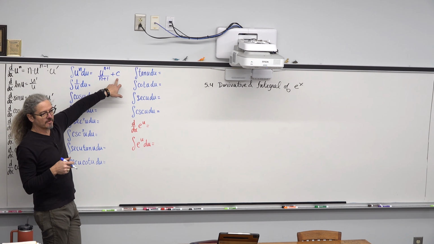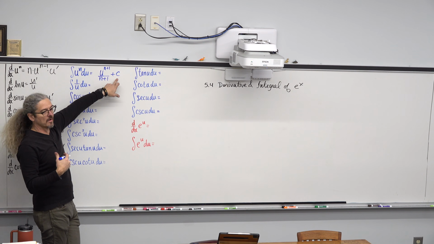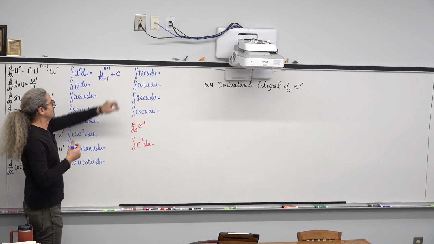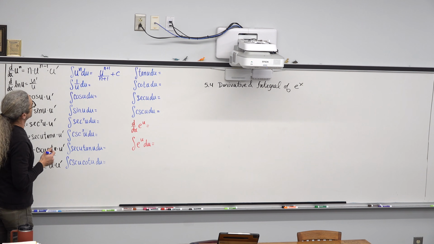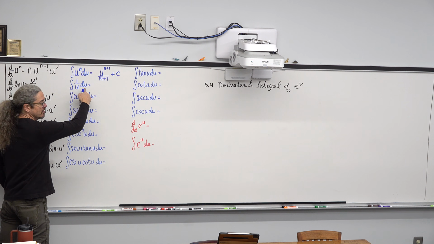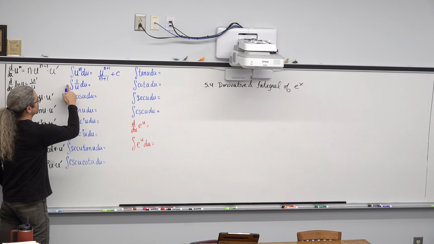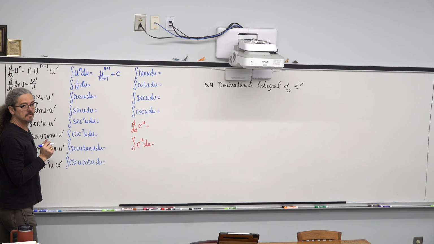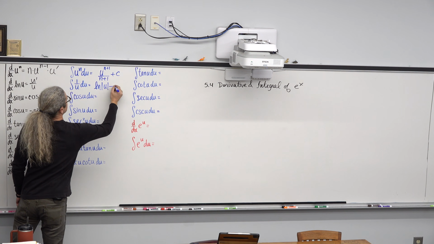When you take the derivative of a function, if there's a vertical shift, a plus c, the derivative of a constant is 0. So when you go to integrate, without additional information, you're not going to be able to find what that c is. So these are general solutions to these integrals. The integral of 1 over u du, which I nearly always label as the integral of u prime over u, is natural log of the absolute value of u plus c.